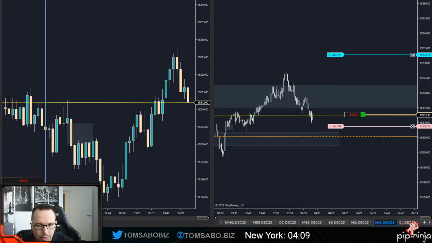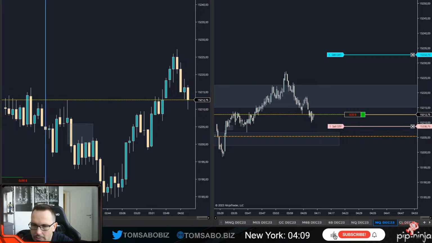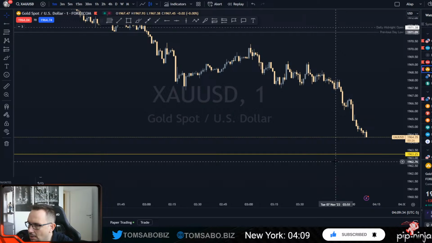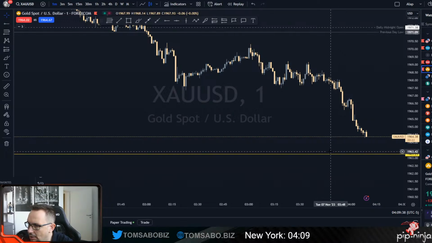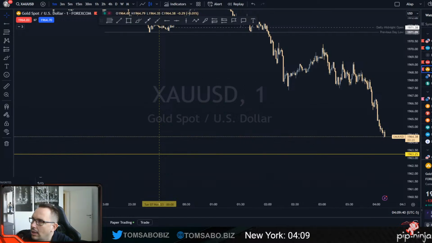So how is gold doing? Small position, maybe it will drop. I'm looking for gold to take out this 63.25. My TP is somewhere a little bit above there. Otherwise,